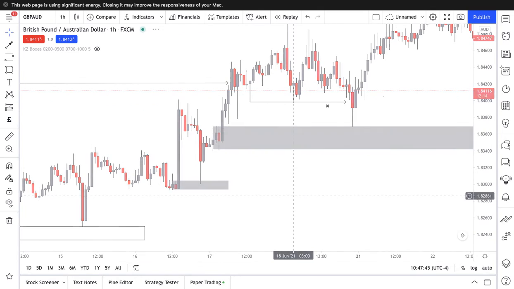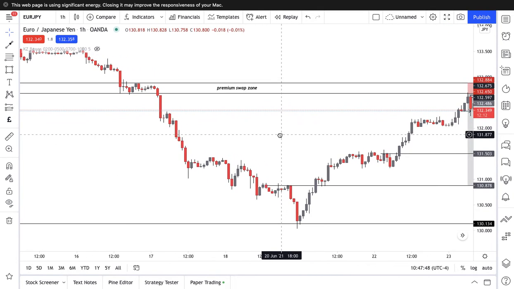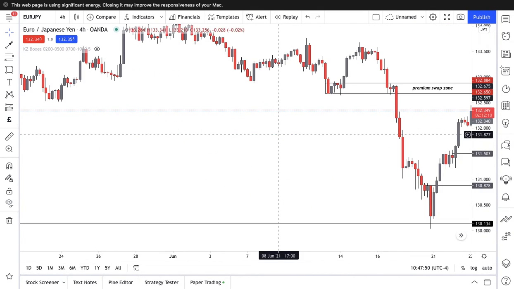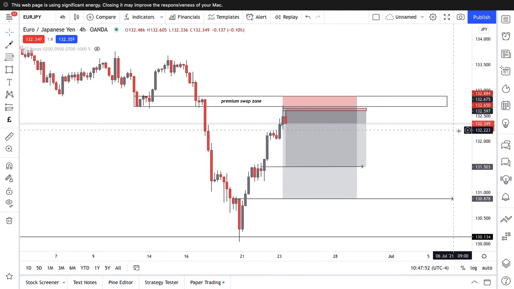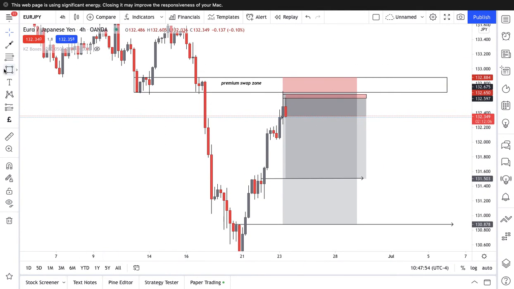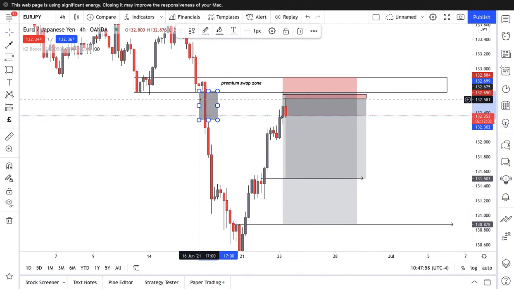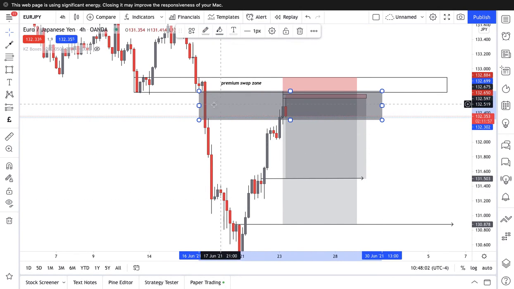Let's see if I can find you guys more examples. Euro JPY. Perfect. I'm currently in this trade right now. Now look at this. This wick here and this wick there, they don't meet. What is that? Imbalance. So we now know price will pull back to fill in that imbalance. And what do we have over here? An area of supply. Price pulls back into that area of supply, fills in that imbalance, and then continues the move over to the